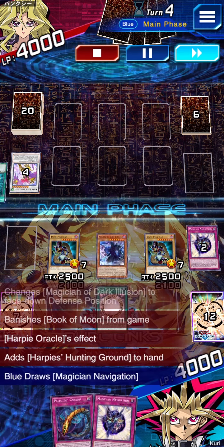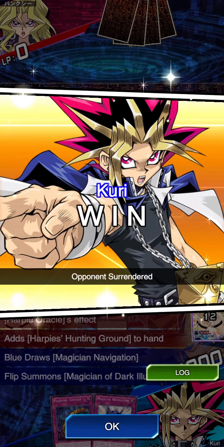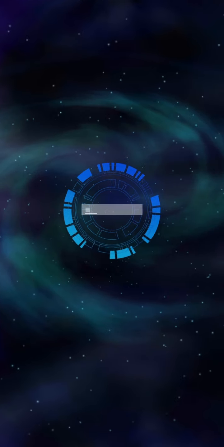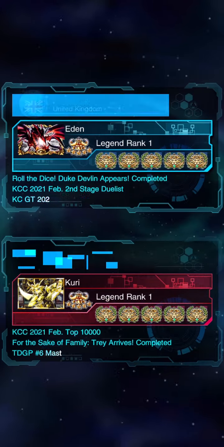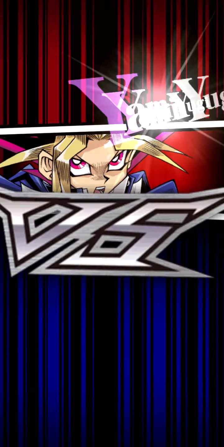Harpies don't play hand traps. We can even go for the EBON for the memes. And yeah, that's game. So if I remember correctly, we beat like crazy top tier decks, Gaia, Harpies, because all of these decks